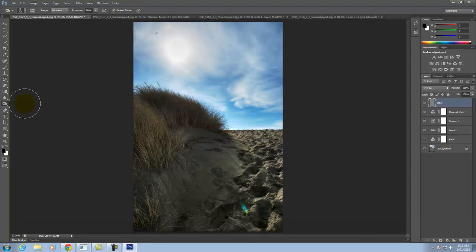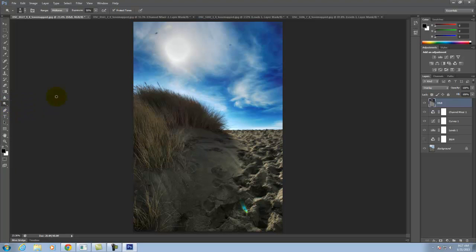Okay? So once I have the Burn selected here, and my Dodge and Burn layer selected, I can start to color in, and you can see that it's darkening up the sky wherever I click and drag. You see how that's happening? So I'm deliberately darkening this part of the sky, giving a little bit more color. I could really push it, where I can dramatically darken up the sky, something like that. The other thing that I can do is the opposite,